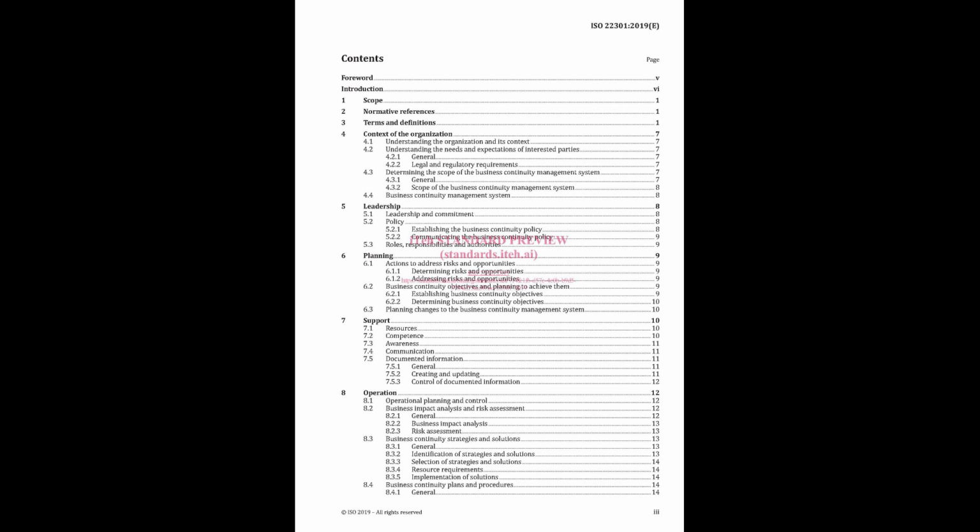And what's the big picture of how we're going to get there? Yeah. So it's setting those targets, making sure they're connected to your business, and actually making a plan. It's not just like hoping for the best. Absolutely. Okay, so we've addressed risks and opportunities. We've set objectives and figured out how we're going to achieve them. That brings us to the last piece of Clause 6, which is 6.3, planning changes to the business continuity management